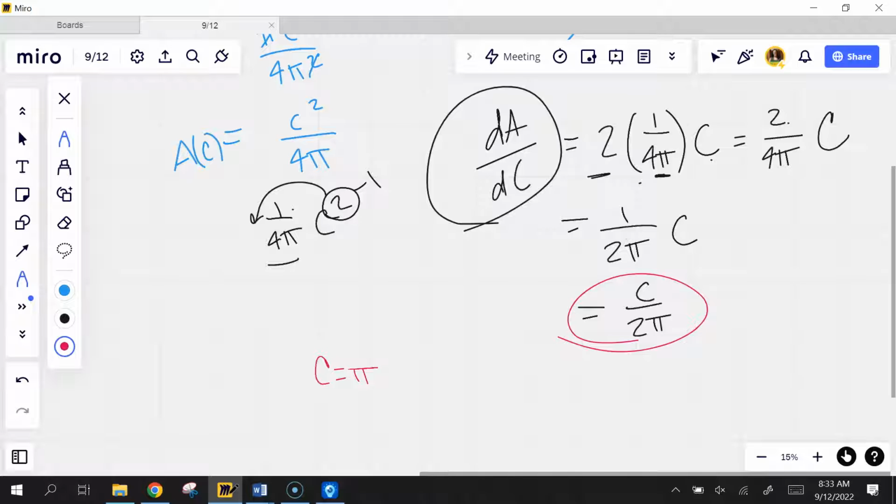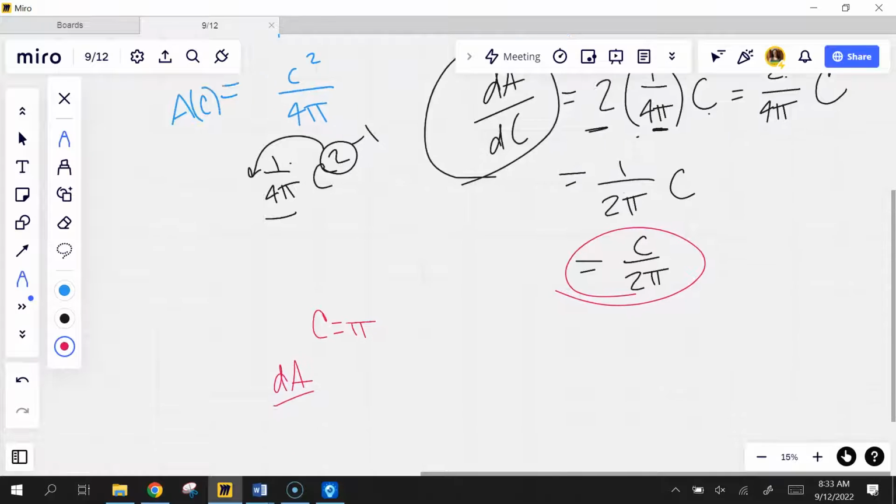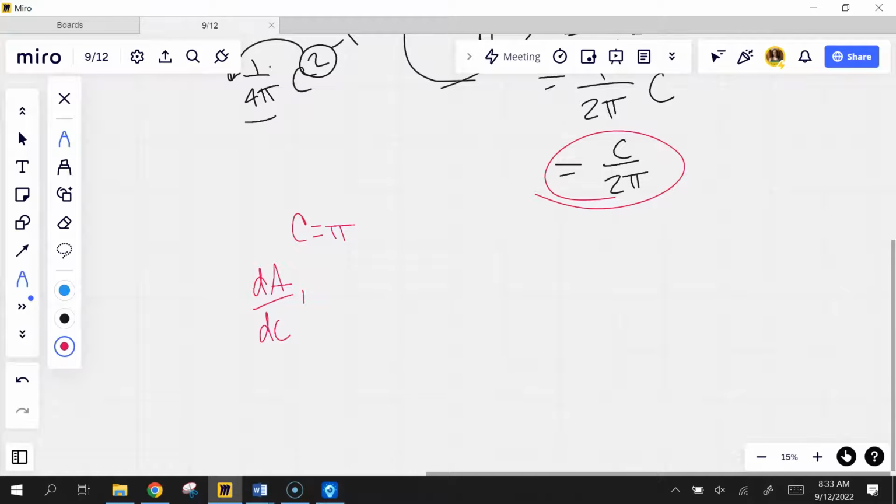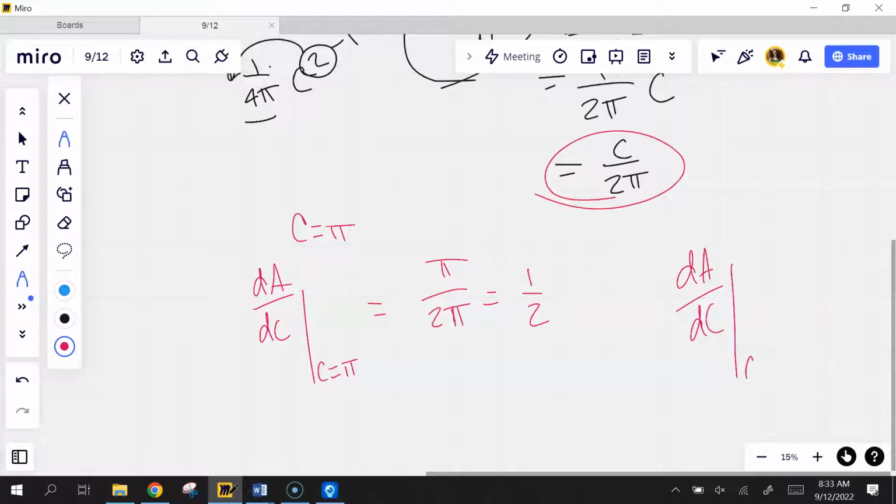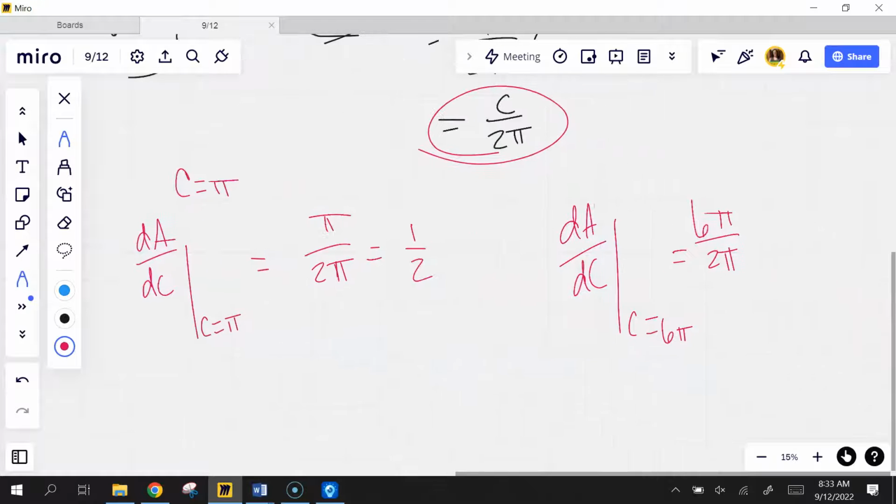So dA/dc when c equals pi would be pi over 2 pi, which is, of course, just 1/2. And then derivative of A with respect to c when c equals 6 pi, 6 pi over 2 pi, which is,